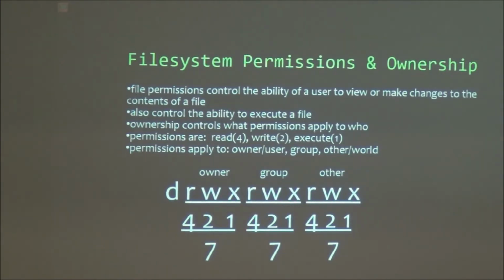So the permissions are read, write, and execute. You can read a file, you can write to the file, or you can execute the file. You see the numbers there, 4, 2, 1, because all of this is in binary. File permissions is 1 byte, which is 8 bits. So it goes from 0 to 7. 0 obviously is nothing, so you don't have any permissions. And that's going to be depicted by hashes, 3 hashes per octet.